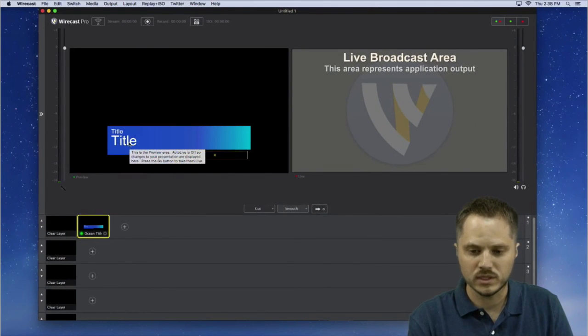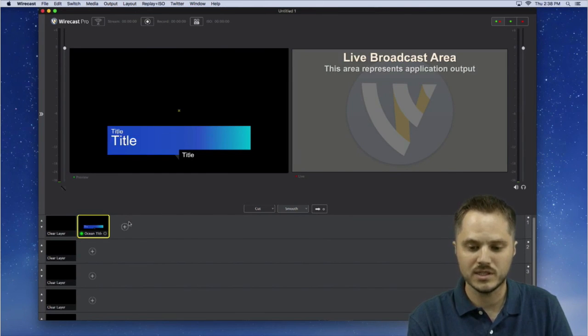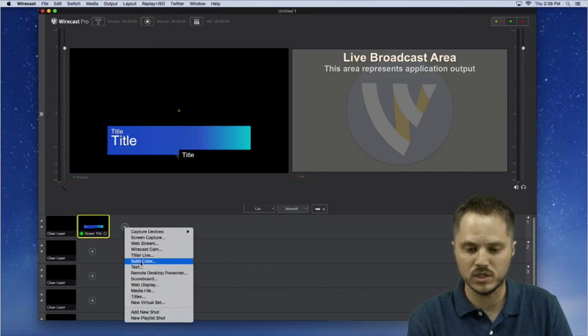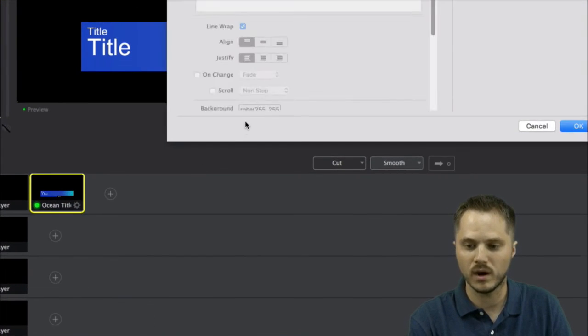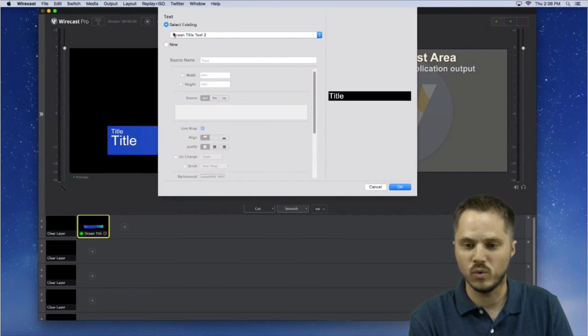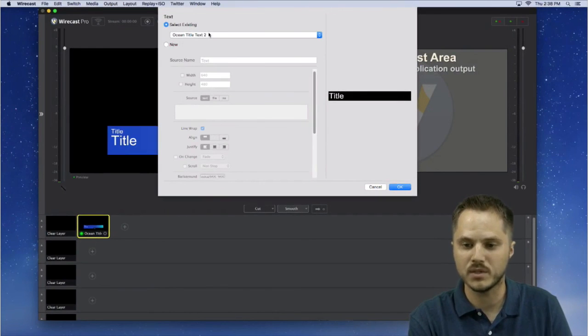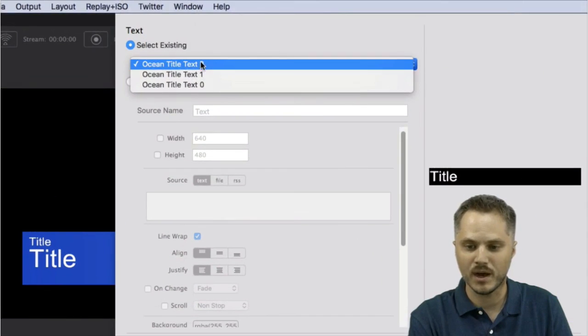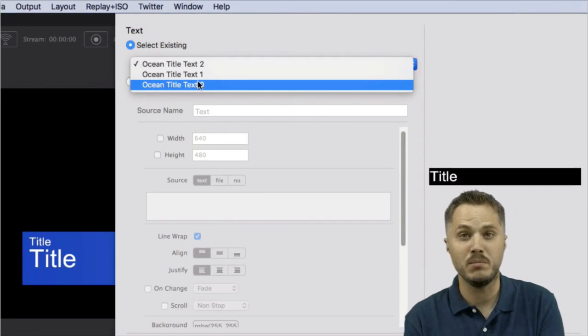Now, where it gets interesting is when you actually want to change the title fields or change the text on the screen. At that point, you're actually selecting a text box, which is the same as if we created one using this text feature. If we added a new text box, the first thing Wirecast would ask us is, do you want to make this an additional? You'll notice that the first thing that pops up is the 3 text boxes that were associated with that title field. So these are in fact the same text boxes.